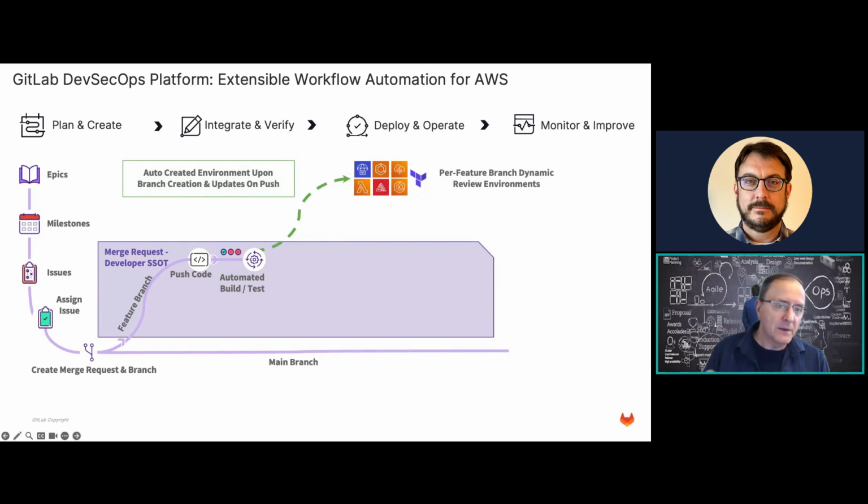So we can stand up an environment that is a DevOps-like environment for them. This is not a developer environment. A developer environment would happen on this diagram back where the word feature branch is on the squiggly line there. This is actually a full-on production-like environment. And it's using the same code for infrastructure as code that will deploy to production. And that's important because